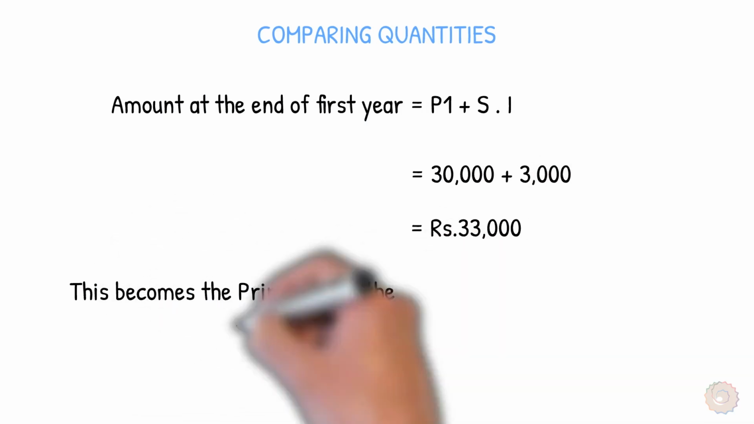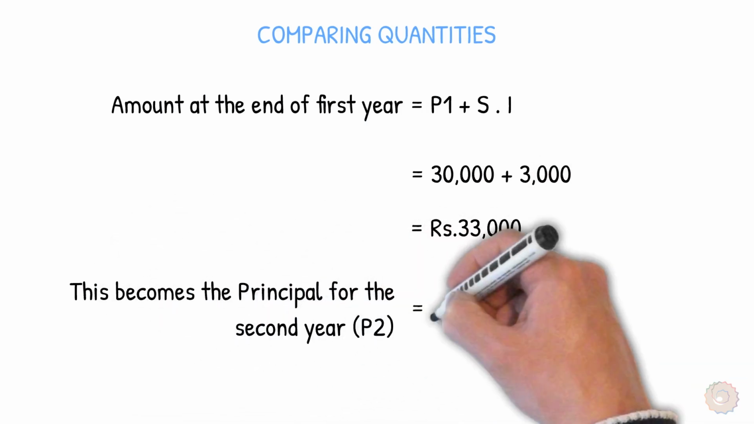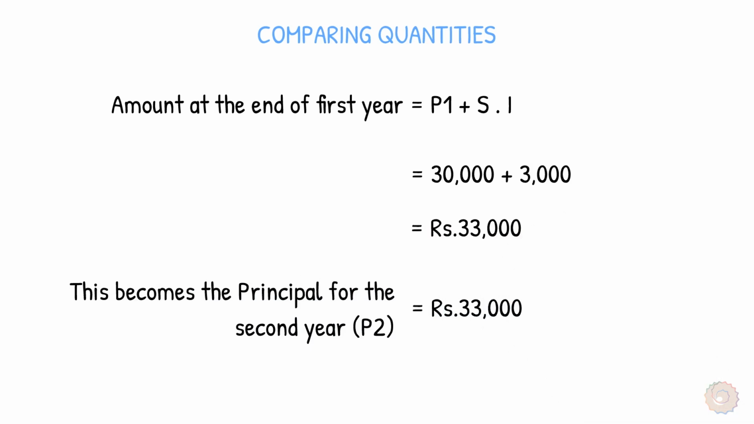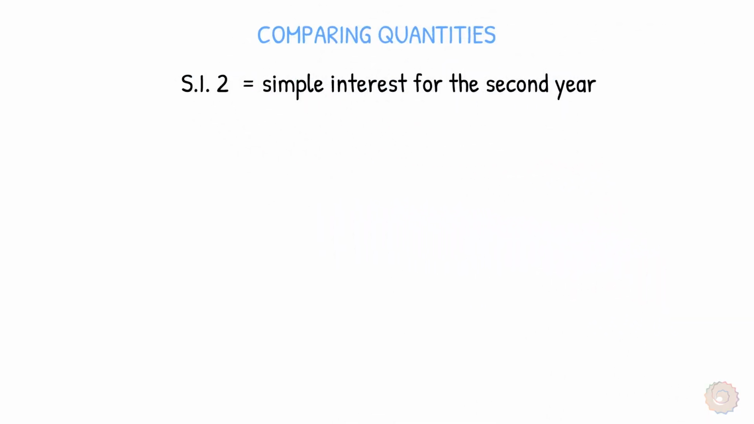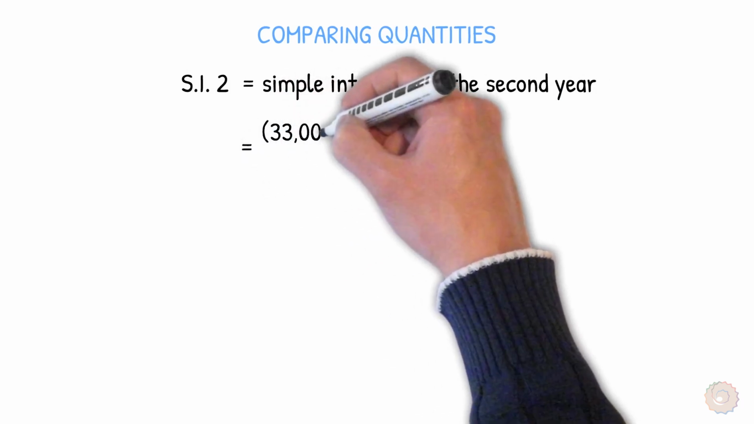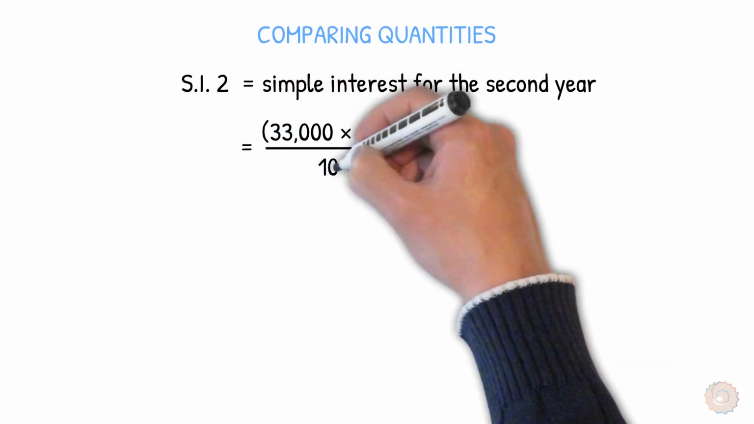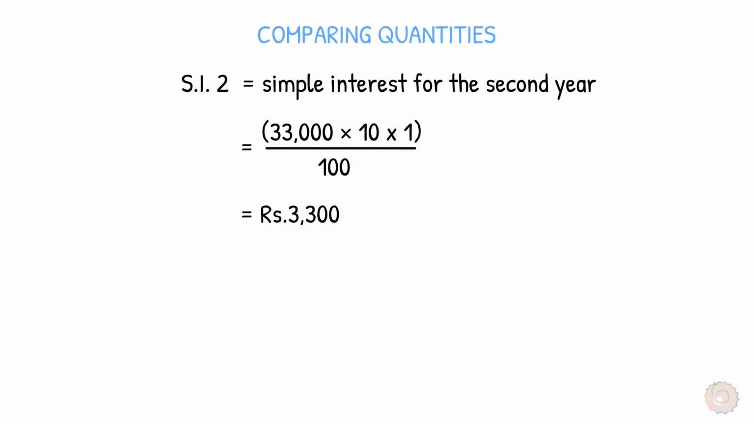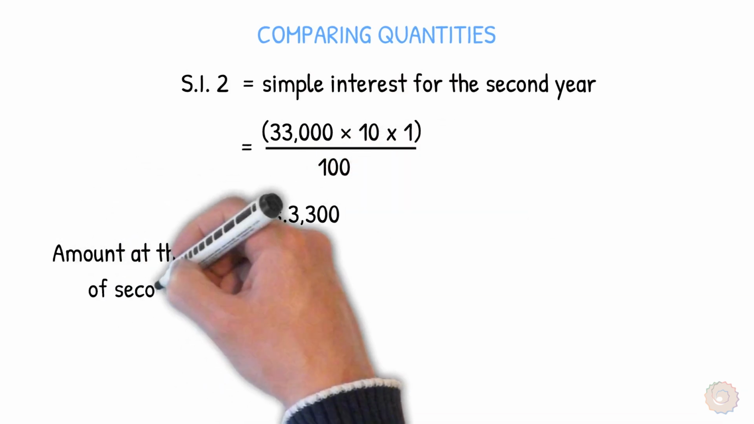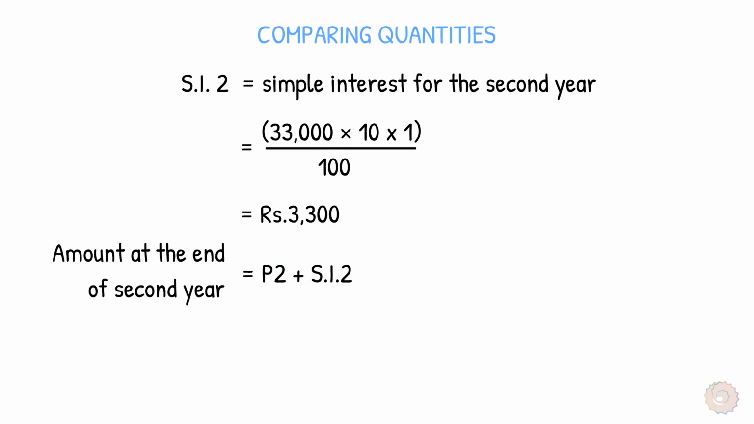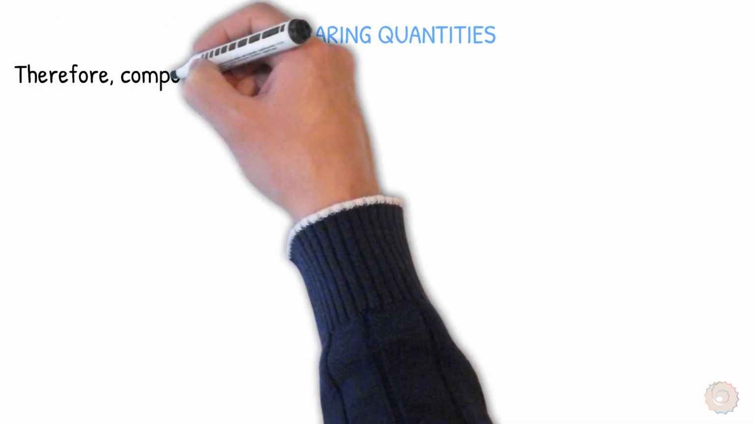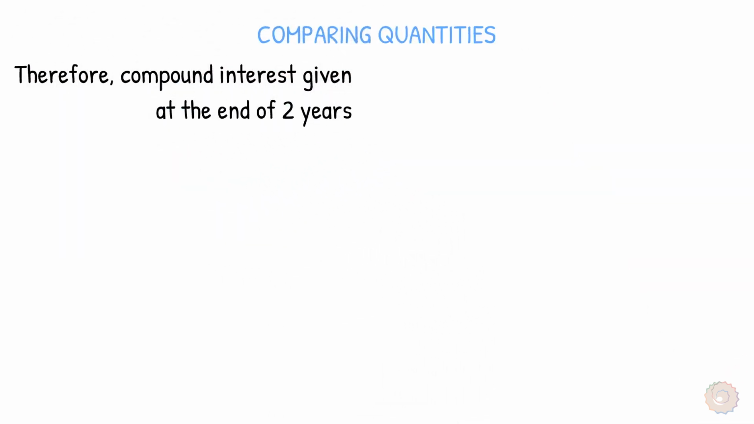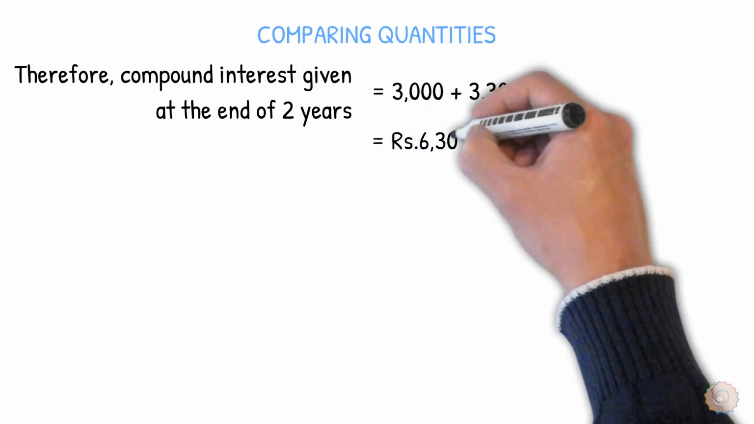This becomes the principal for the second year, that is P2. Hence, P2 equals rupees 33,000. SI2 equals simple interest for the second year, that is 33,000 into 10 into 1, the whole divided by 100, that is rupees 3,300. Amount at the end of second year equals P2 plus SI2 equals 33,000 plus 3,300, that is 36,300 rupees. Therefore, compound interest given at the end of 2 years equals 3,000 plus 3,300, that is rupees